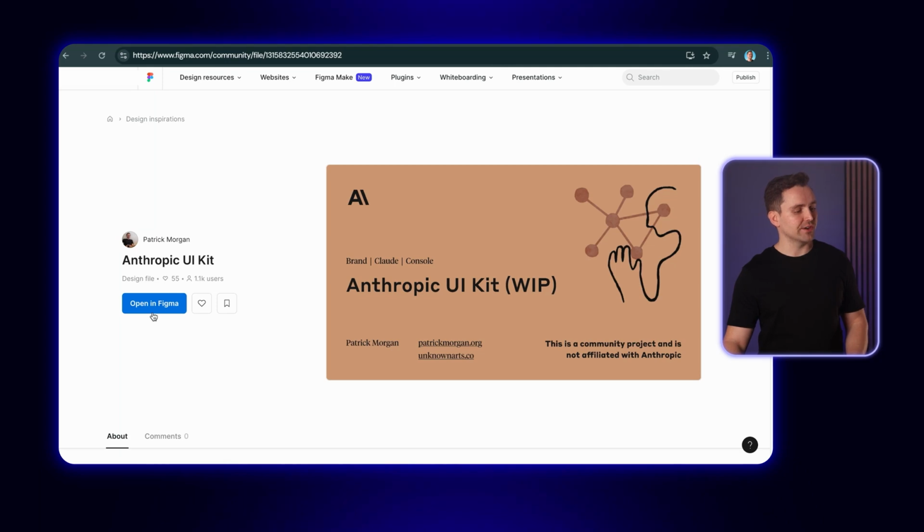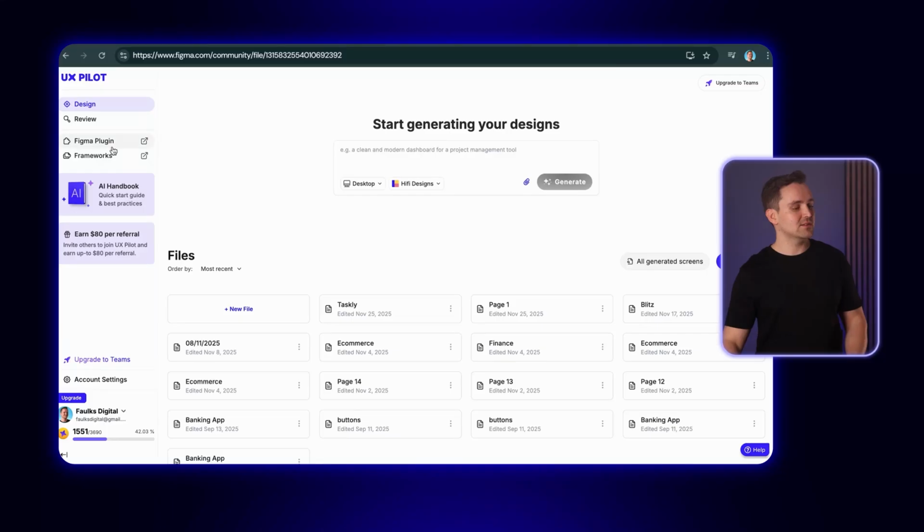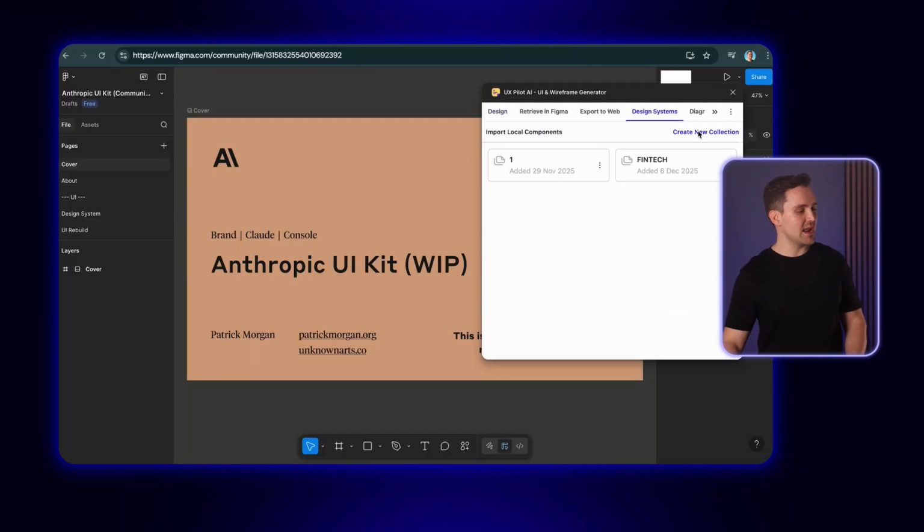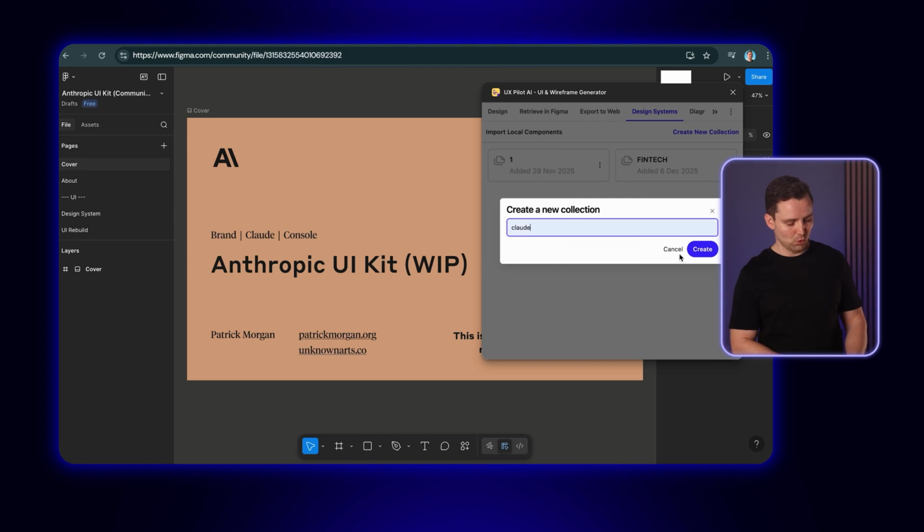Okay, now let's switch the design system. Let's test a new one. Now we're going to use the Claude product design system by Patrick Morgan. Claude has a very specific vibe to it, and by using its design system, we're going to replicate it into whatever we're going to build. Again, this is just for demonstration purposes. When you use your own design system, you'll make sure that AI creates designs consistent with your brand, which is a massive time saver. So let's open the UX Pilot plugin and let's create a new collection, Claude,